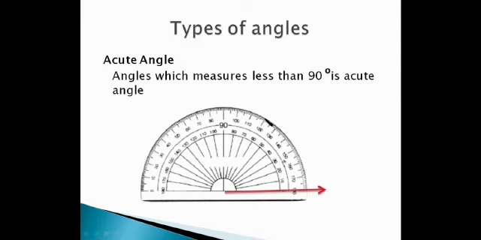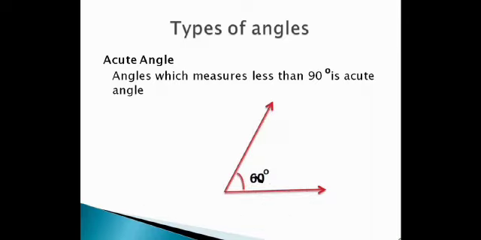That is, 60 and 120 are the same. I will put a point there. Then I will remove the protractor and draw one line there. So you can see it is 60 degrees. Now this is called 60 degrees. Then you have to draw an arc between the two arms of the angle. Then you will name it. You can name any alphabet, but the alphabets should be in series. Now I have named it here as A, B, C. So this is how you will draw an acute angle.